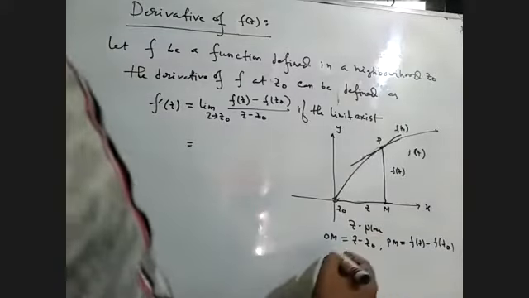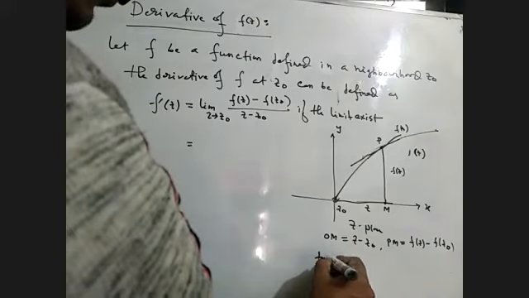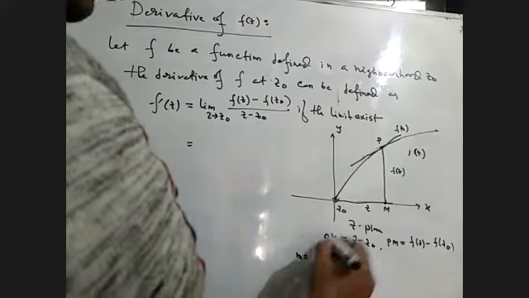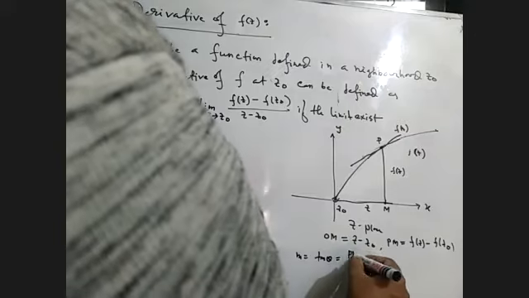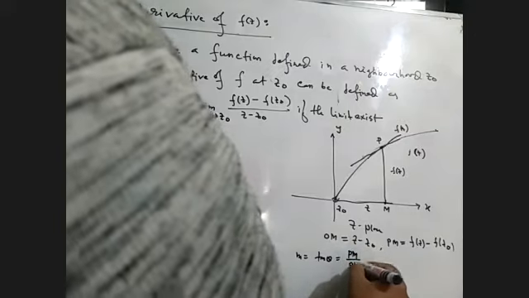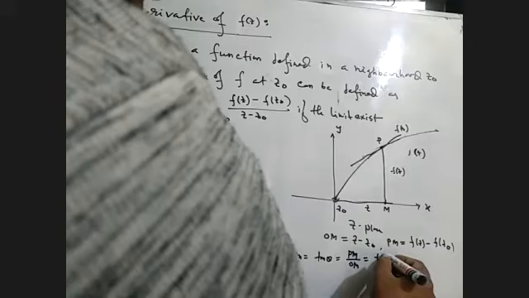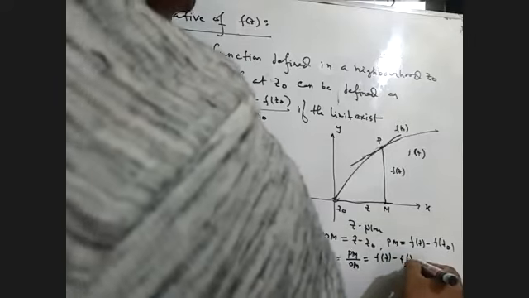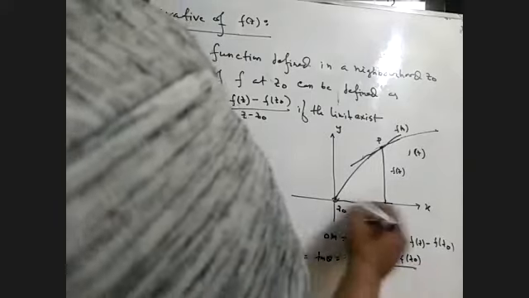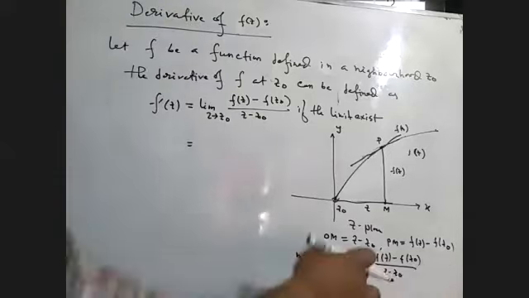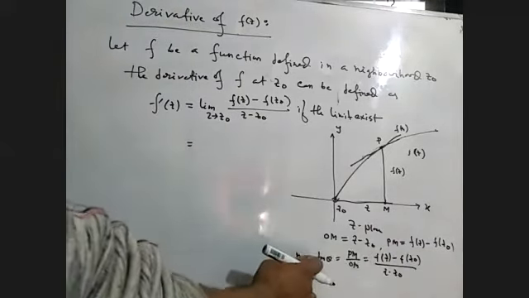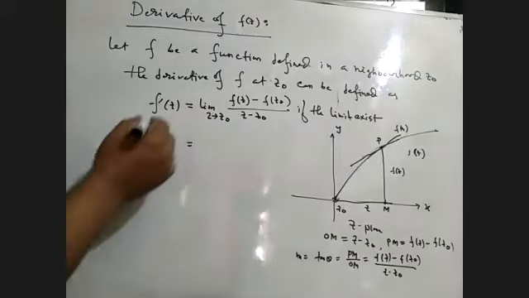So if we take the limit, tan theta equals what? Tan theta, or the slope of this curve. Perpendicular by base. Perpendicular means f of z minus f of z naught, divided by base. Base means OM, z minus z naught. So if we take the limit of this ratio, that will give the differentiation